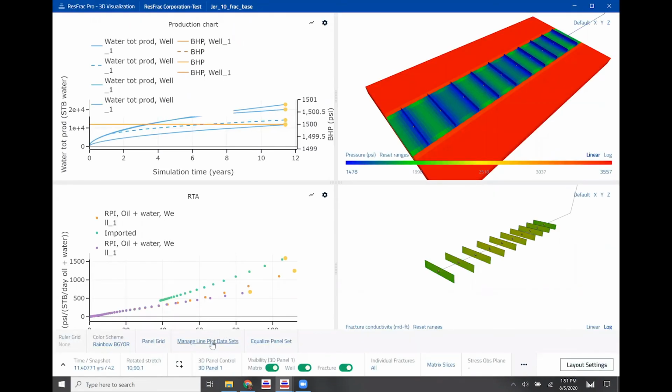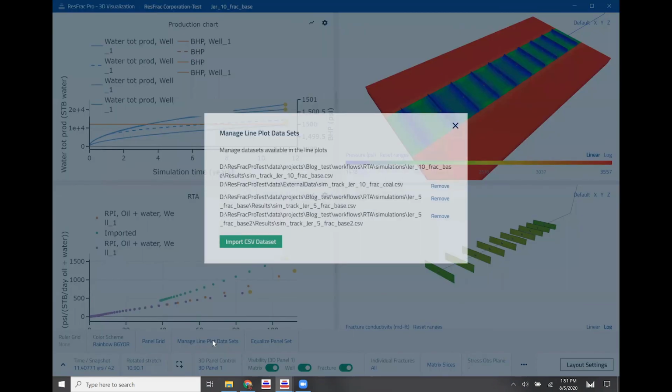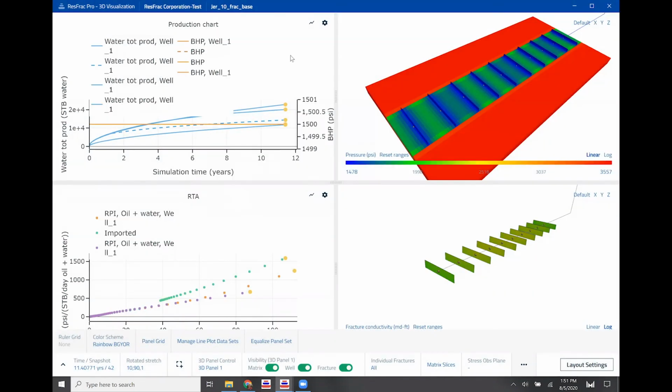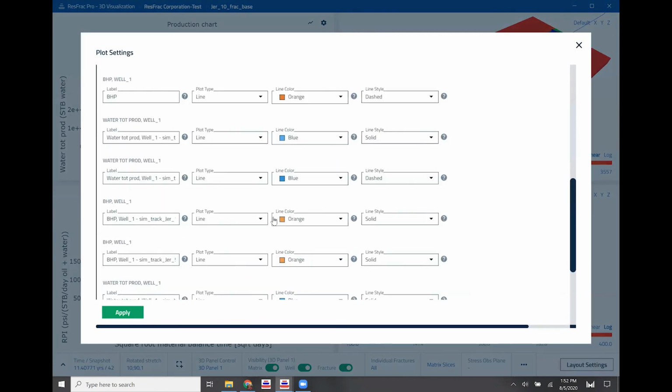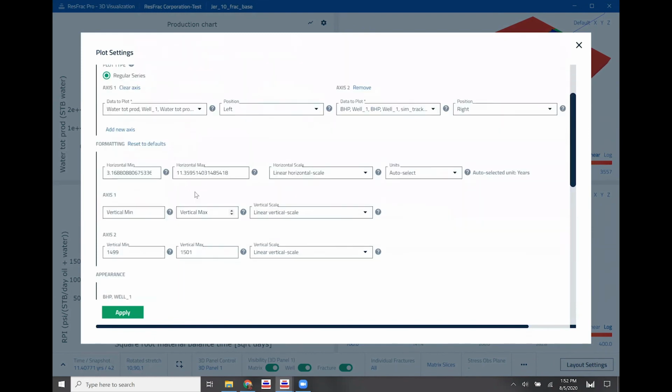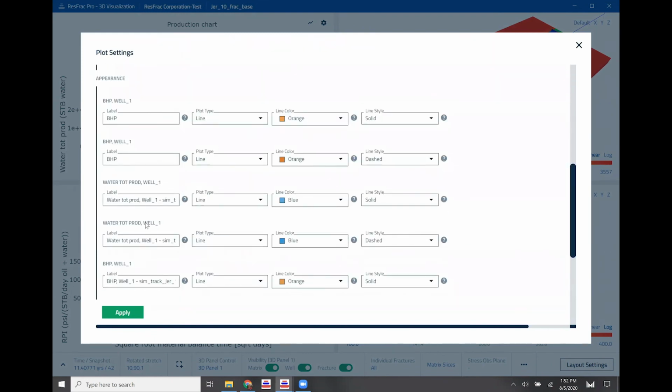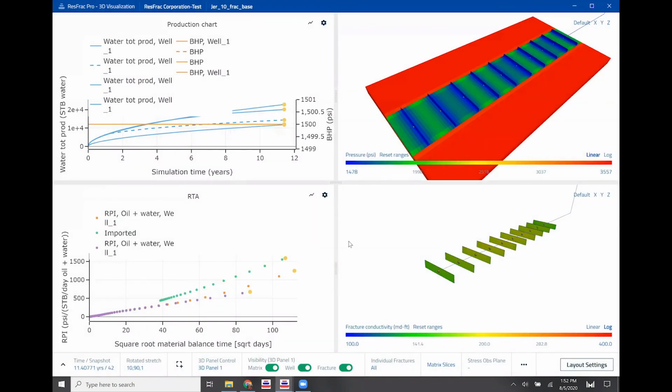Now, if I come to the expanded menu and look at my external data sets, you'll see that I have 3 external data sets, including the original one that I had when I defined this template, plus the 2 additional simulations and the base simulation that I selected from the job manager. From here, I'd want to go and edit the legend to make the descriptions more coherent and differentiate between my different cases, but I have saved myself a lot of time by using the multi-plot function.